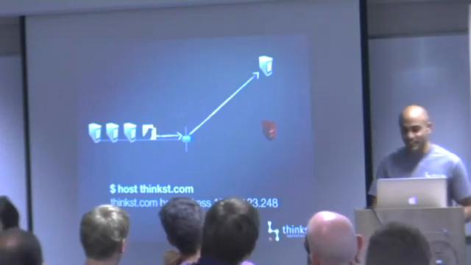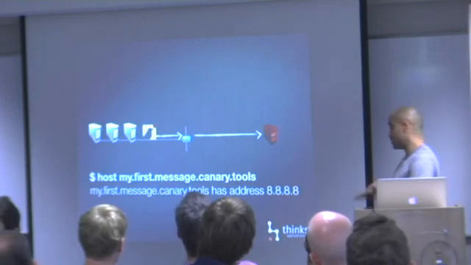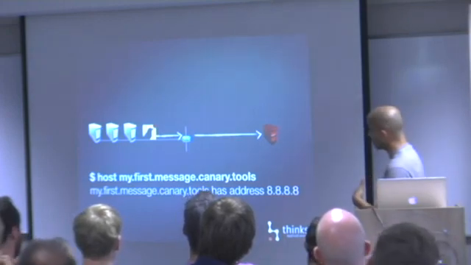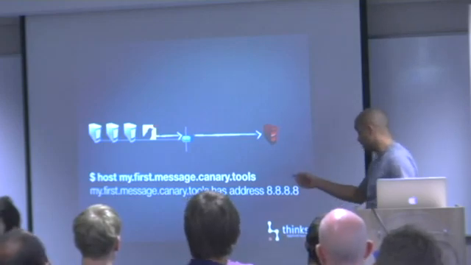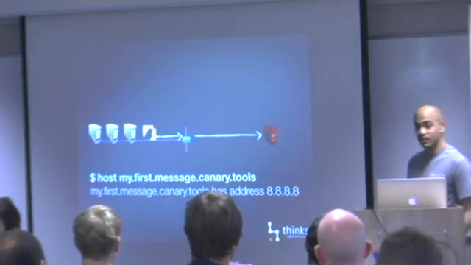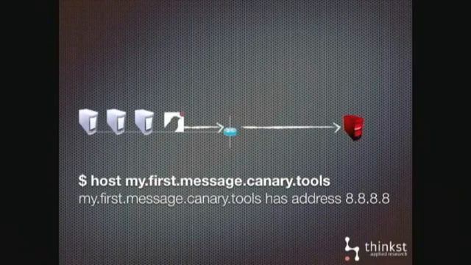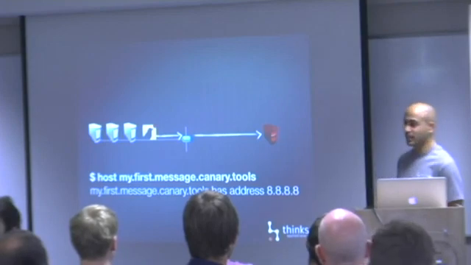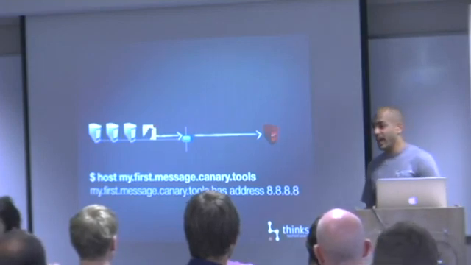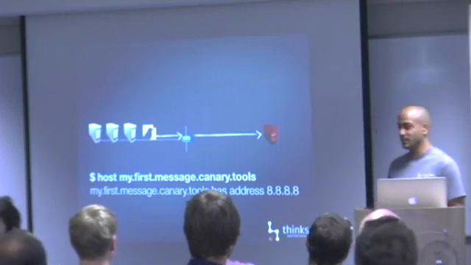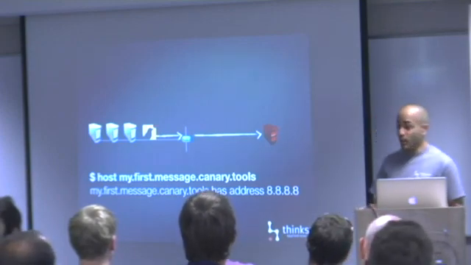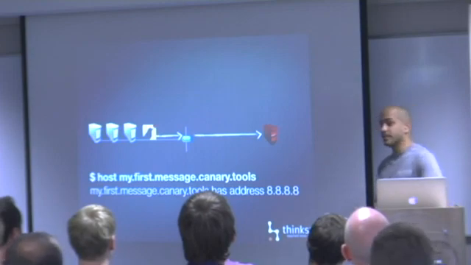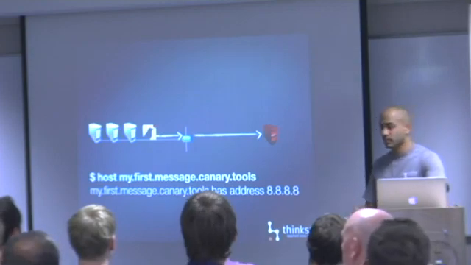So we can really extend this idea a bit and say, why don't we set up our own special domain with our own special name server, and we ask the Canary to do a query like this: host.myfirstmessage.canary.tools. Now when our specially set up name server gets this query, it knows someone tried to look up an address, and the subdomain they sent was my first message, so the server knows the message. So now we have a way to get information out of a network to our correlator.